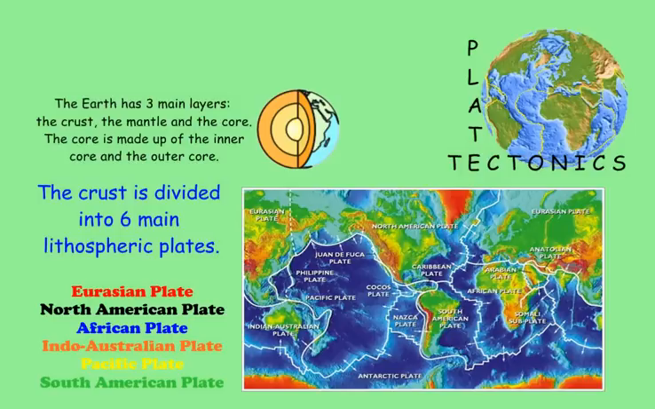In the previous weeks, we've been talking about the three main layers of Earth, which are the crust, the mantle, and the core. The core is made up of the inner core and the outer core. The first thing we're going to talk about is the crust and how it is divided into six main lithospheric plates. The six main plates are the Eurasian plate,